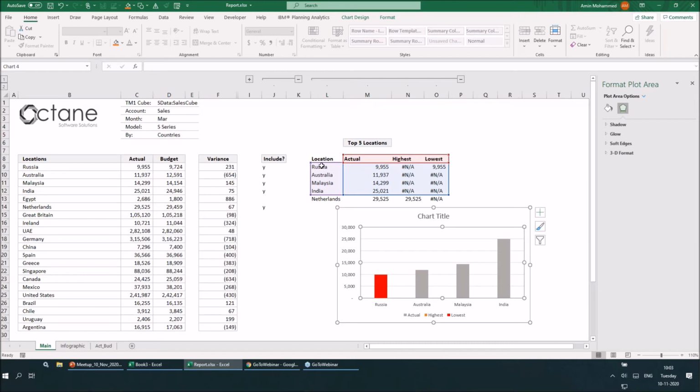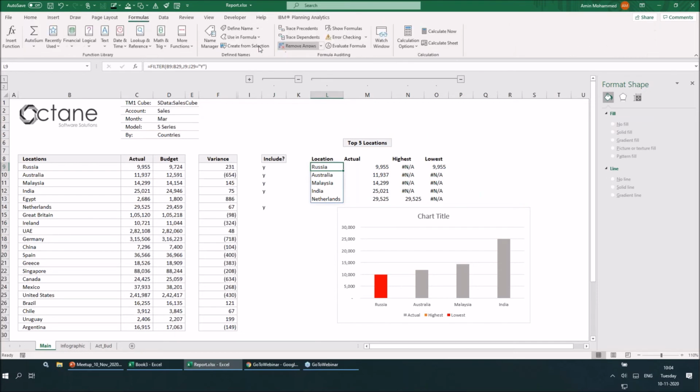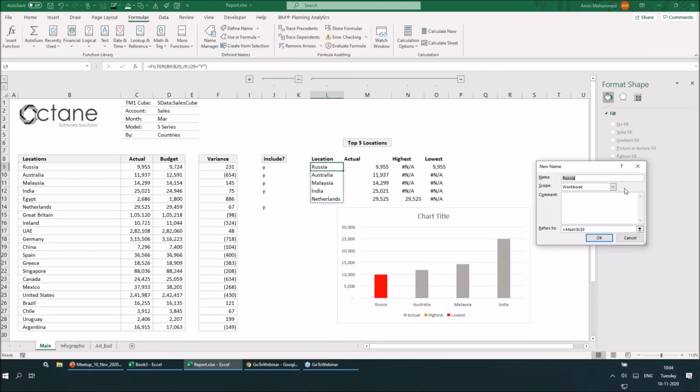So let's now see how we can make this dynamic such that my chart uses the data which is reflective of this actual table and not necessarily the predefined selection that I have used when I created this chart. To do that, I will have to create a named range for each of these columns, and that named range is what I'll be using in this particular chart. So let me just start off by going into formulas. I'll define a name for this one. So here I'll say location, give this as our location,